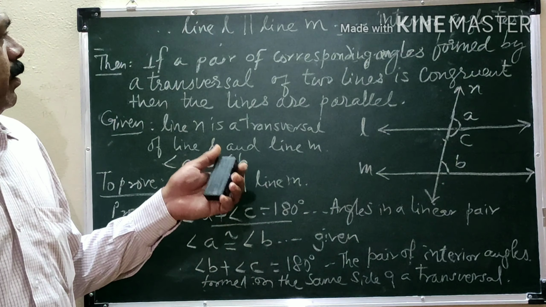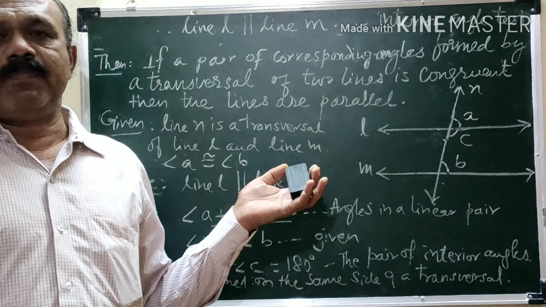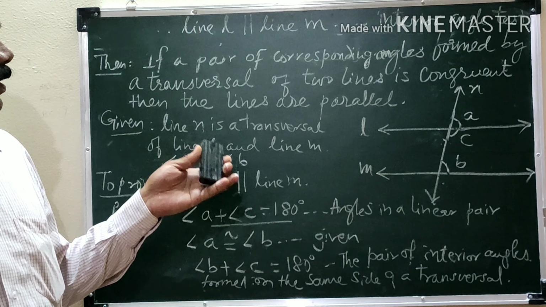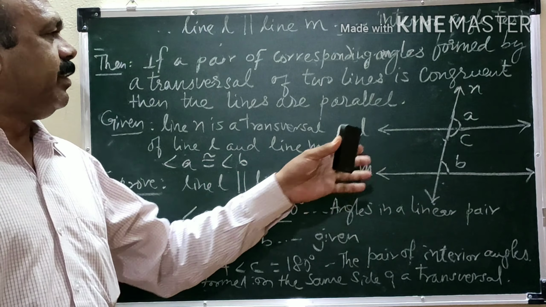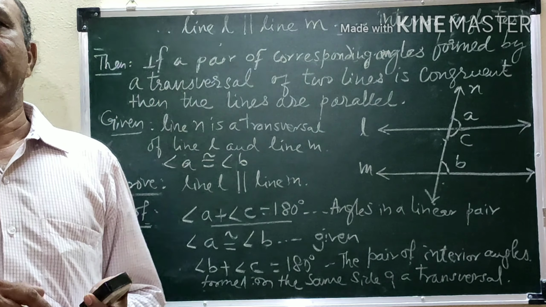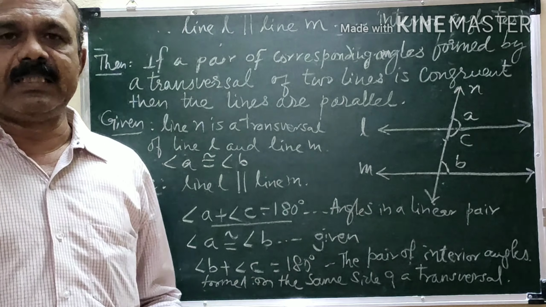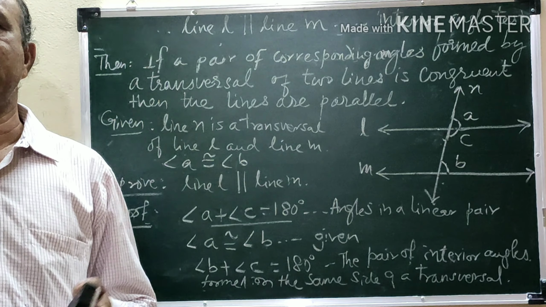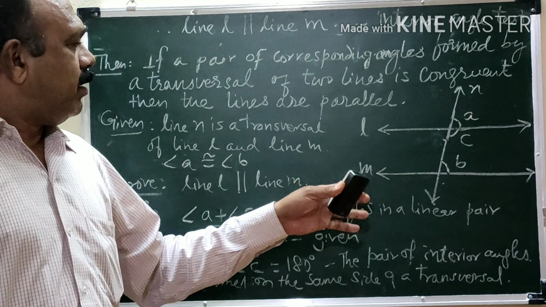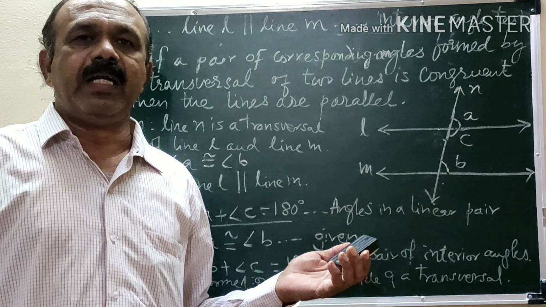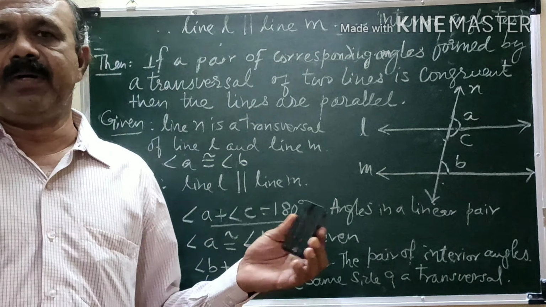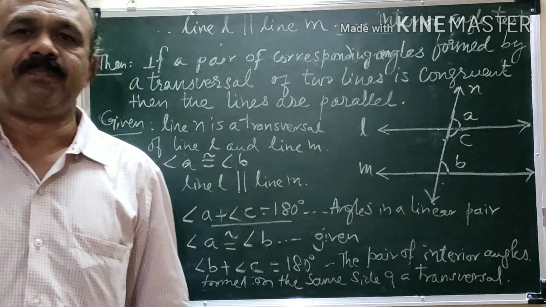So, tests of parallel lines: in this, using the angles, we prove that these two lines are parallel. Before that we took the interior angle test. This theorem was an indirect proof, and using that theorem we prove the two theorems, that is the alternate angle test and the corresponding angle test. The theorems are given in your book. You write both the theorems, the corresponding angle test and the alternate angle test.